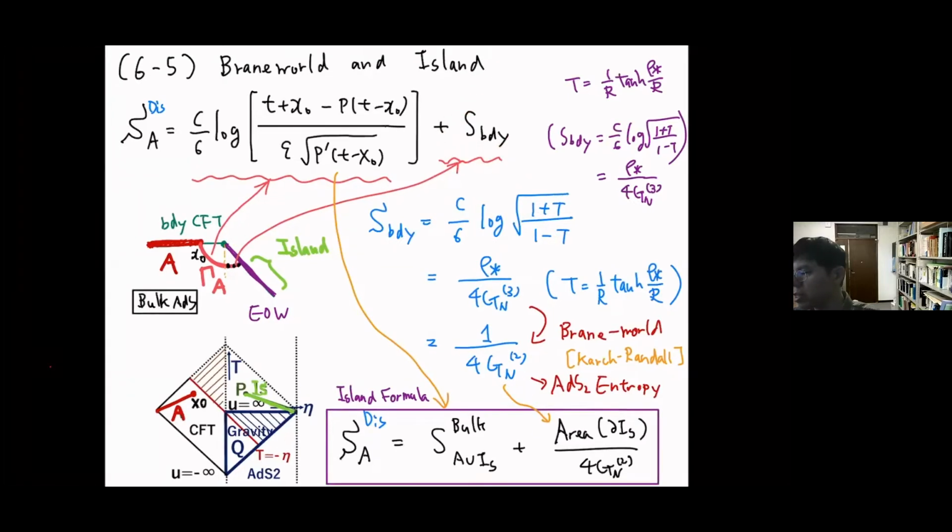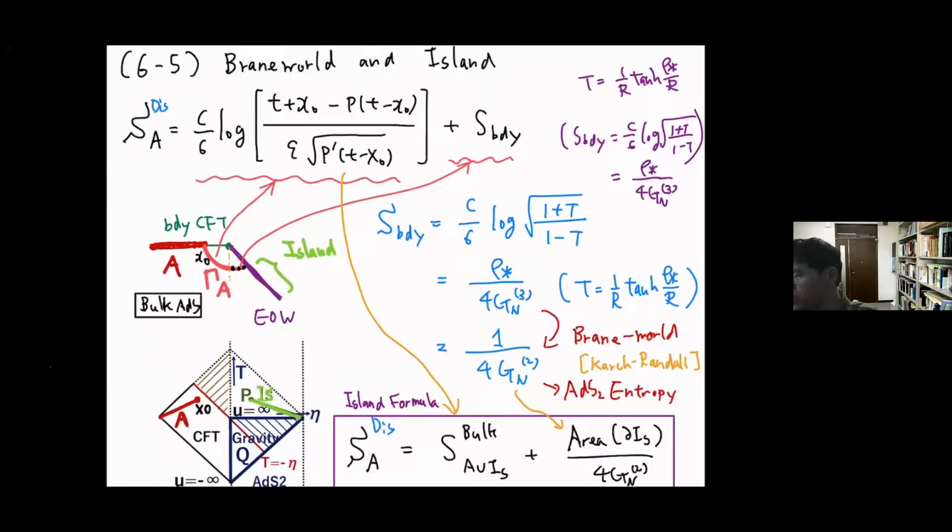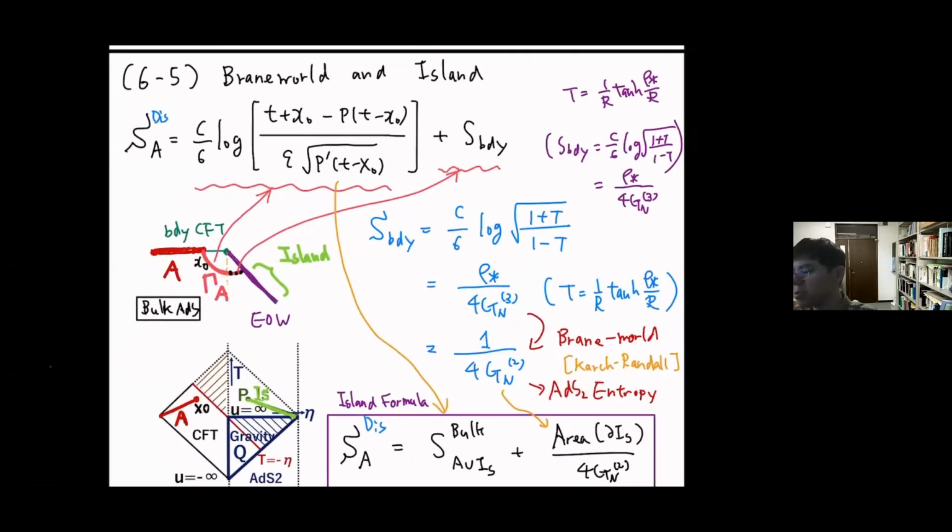So this contribution goes to this area contribution, and this part goes to this in this setup also. And yeah, this is kind of the global picture. I don't have enough time to explain, but you can think, right? So this is flat space, and this is a brane, the Q brane. This part is this part, and this part is this part. And this is the horizon region, which is not covered in the original coordinate system. And this is also a horizon region, which is not covered in the original